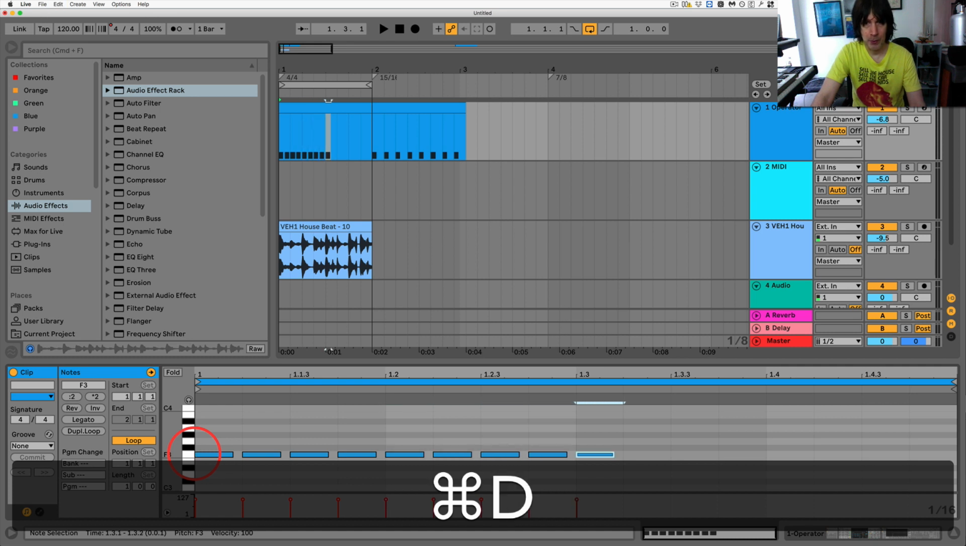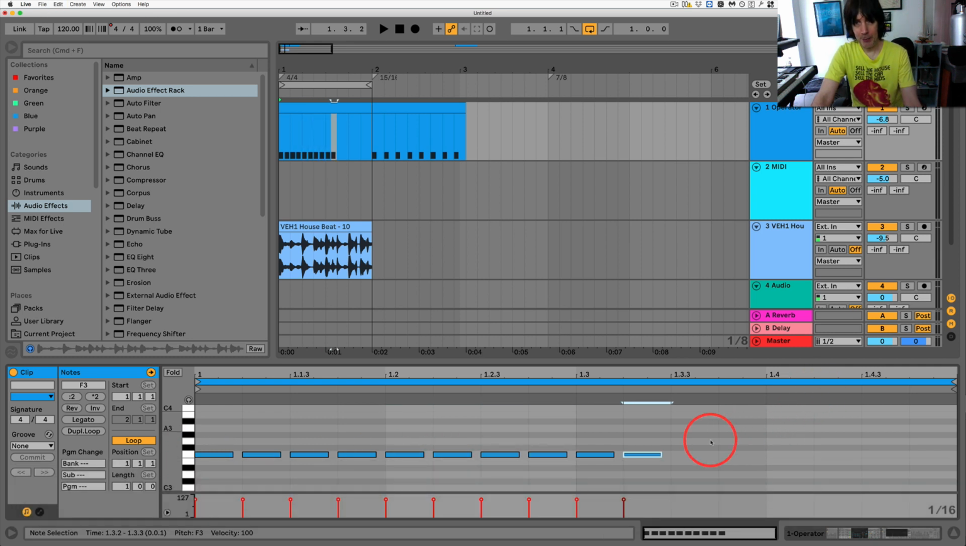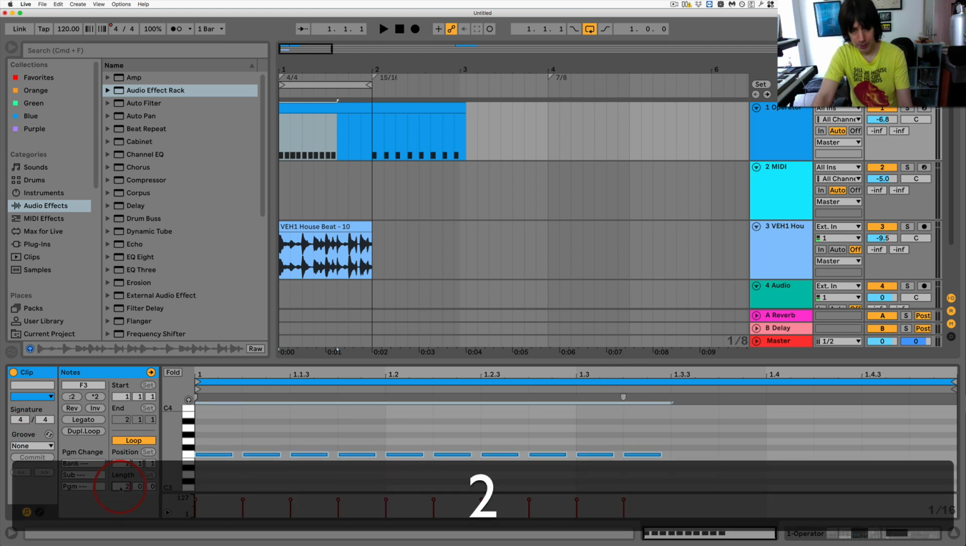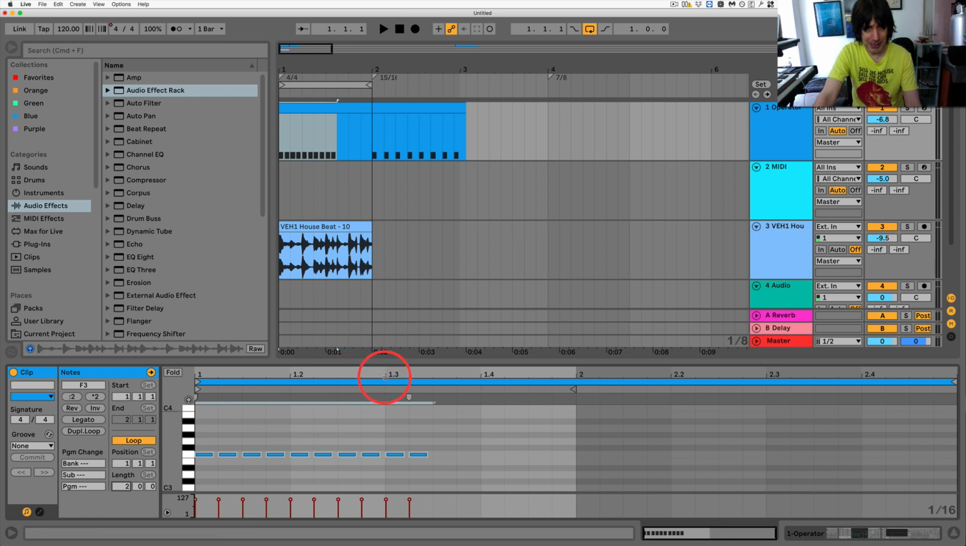1, 2, 3, 4, 5. Okay, so now we have 10 beats here, right? And the reason we do that is because, as you see, when I highlight all of these, we get this warp marker, all right? So this will do the math for us. So let's make this a 2-bar loop here, just to make it easier to stretch out. And now I can drag this over,